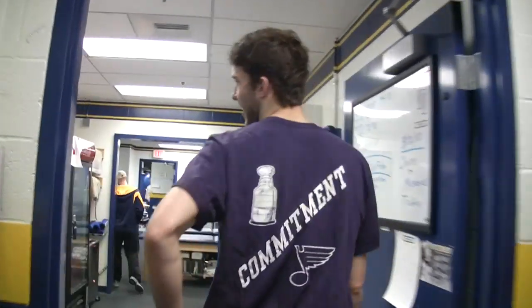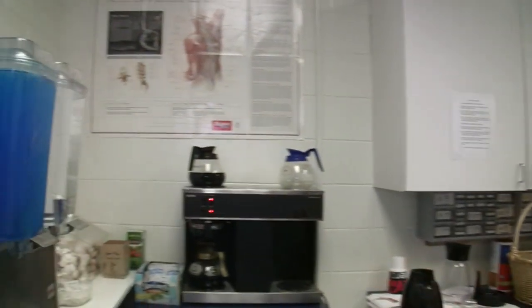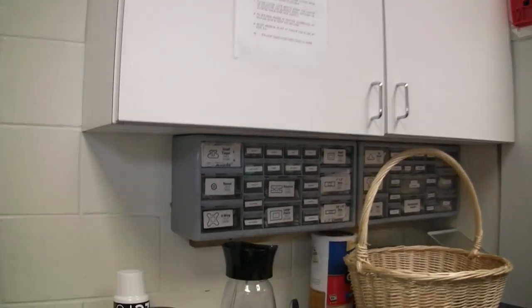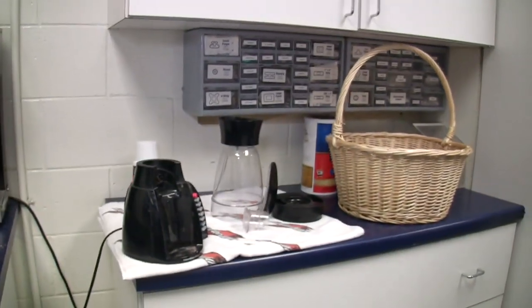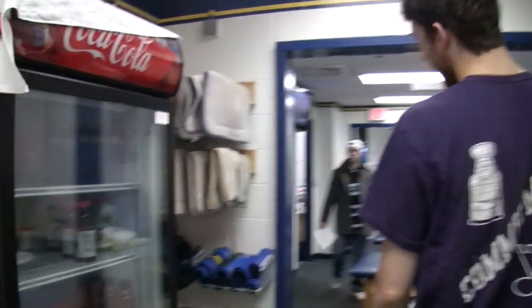This is where guys get their coffee and waters, and the board right here tells us every day what's going on. We keep a lot of medical stuff in here, the Band-Aids and everything. Guys get their shakes. We always have some fruit. You guys are too lazy to eat breakfast, I guess. Here we have Gatorades and